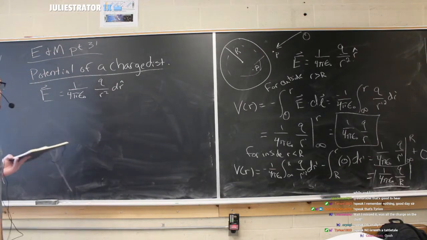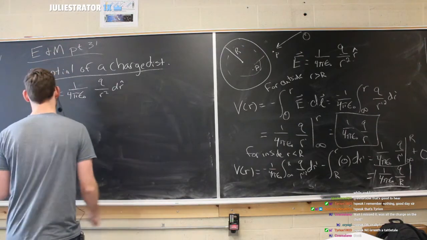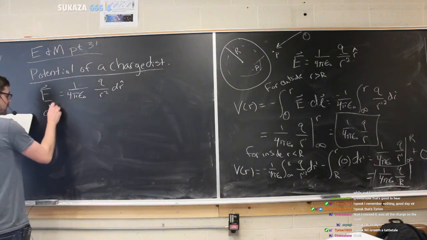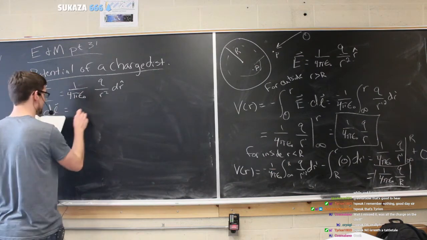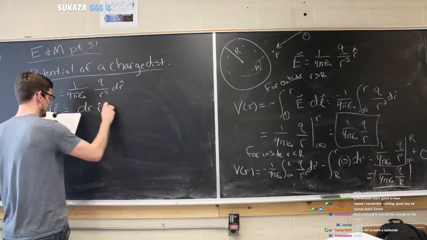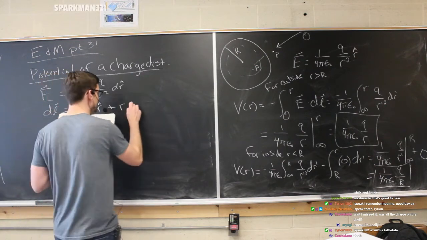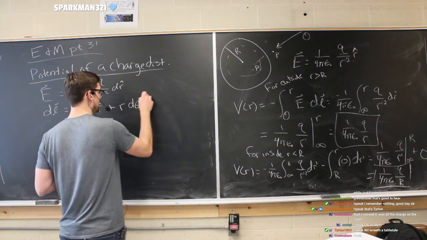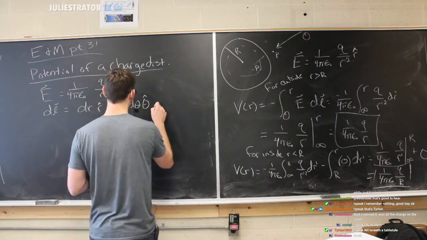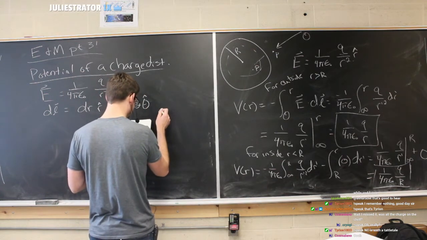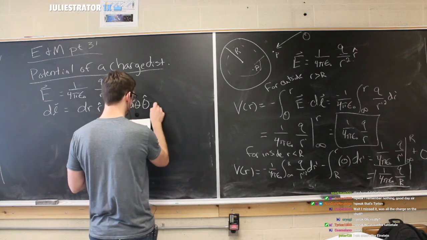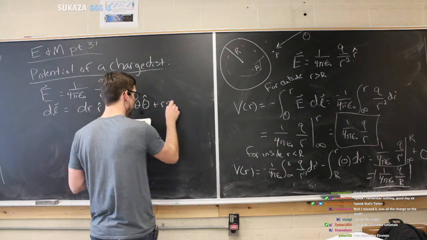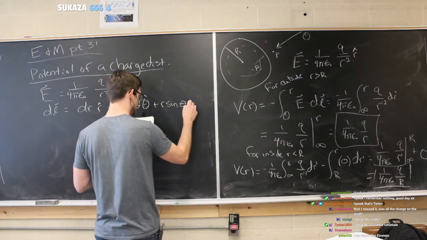Now, let's also think about what this dl means, because dl has a certain role to play in this as well. I told you we would see this again, but I want to write out the whole thing. So this is how you go from Cartesian, or rectangular, coordinates to spherical. You have to pick the appropriate coordinates to solve the appropriate problem, and this one is spherical.